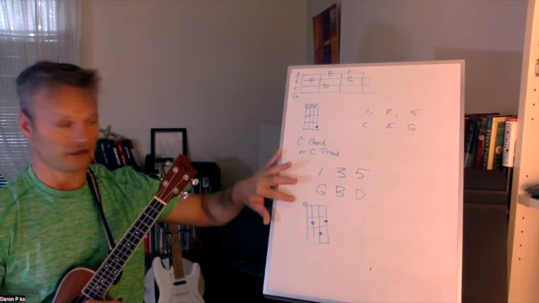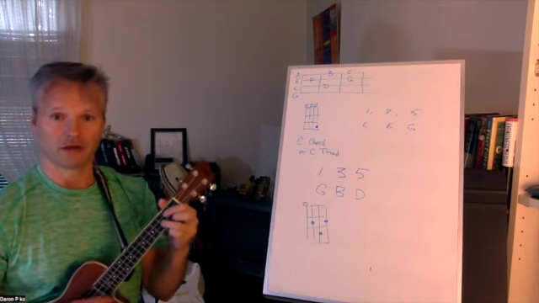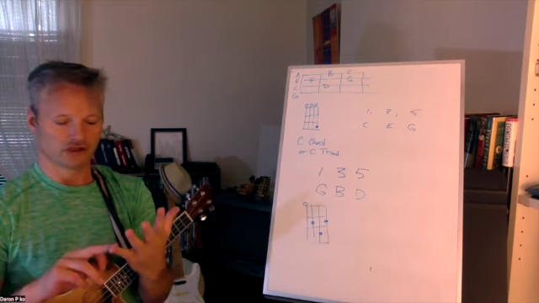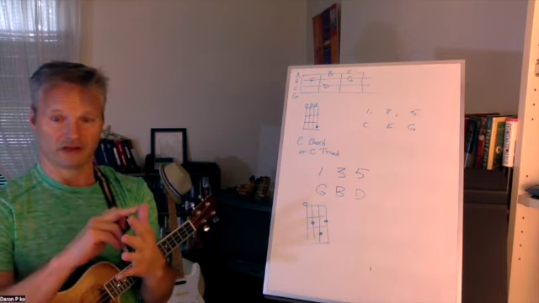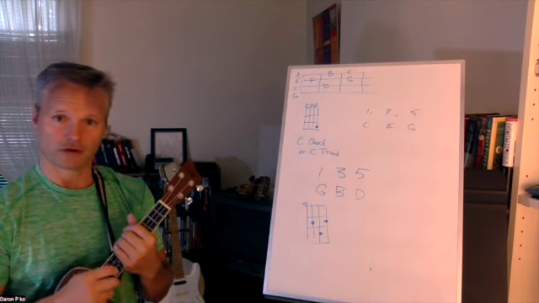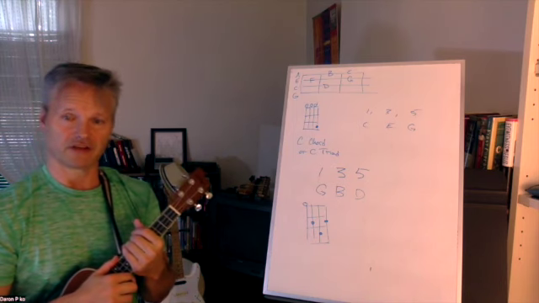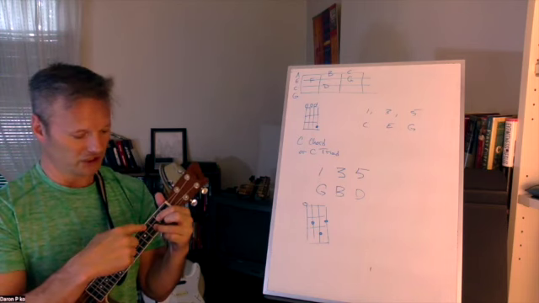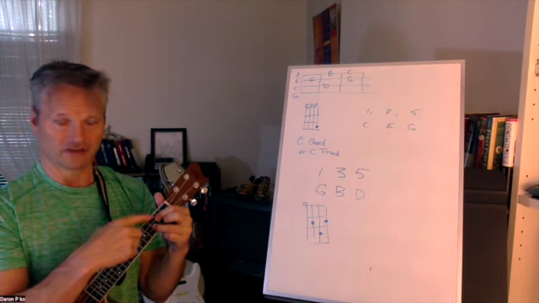We have the open G here and the 3rd fret G, but we're not counting them twice. So we have G, B, and D, G, B, and D, 1, 3, and 5. They're not in that order on your ukulele. This is the other thing that can confuse people. They can start counting from here and go, well, I've got G and D, so the second note is a